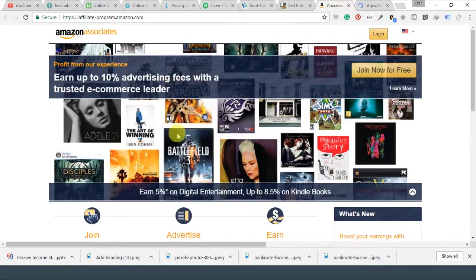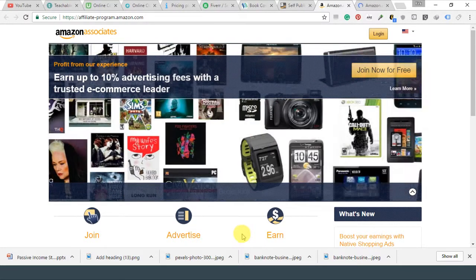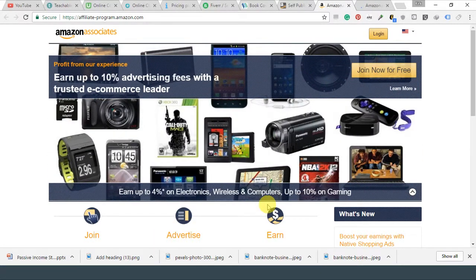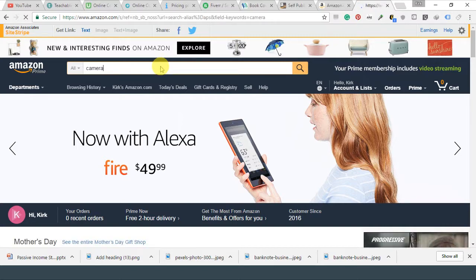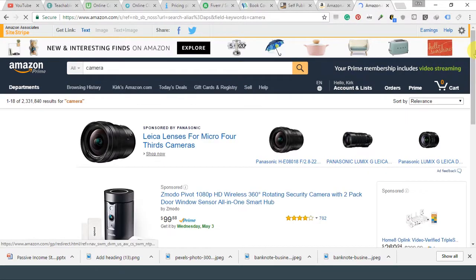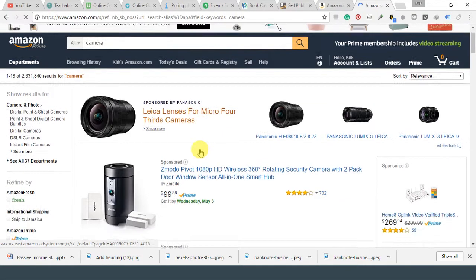You can actually promote any product on the Amazon website. As it says here, once you join, then you advertise and you earn once somebody buys the products that you are actually advertising, right? This works great if you have a YouTube channel or if you have a following. Say for example, I actually have a photography blog, right? And I want to promote the exact camera lenses that I use, or